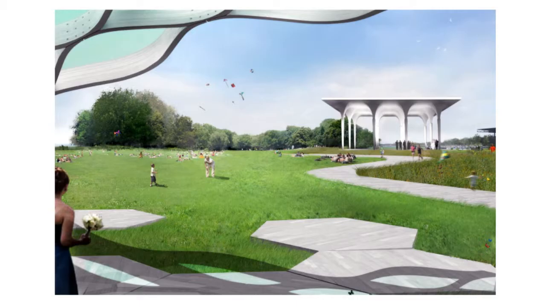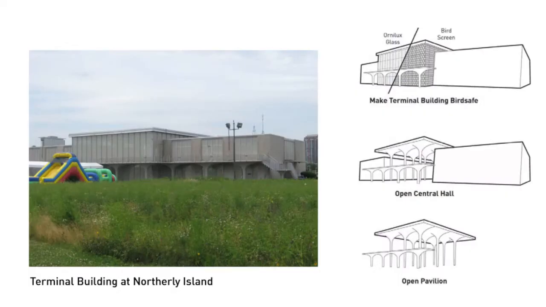This was a big topic of conversation working with the Park District, who at the time of this framework plan, Mayor Daley was still in office, and he had closed down the airport, and it seemed like the Park District was eager to send a stronger message, why is there a terminal building here if there's no airport, and kind of clarify that. And to us, the biggest issue was not about the history. It's a really great building, but the issue is that you have a glass pavilion on a migratory bird pathway,